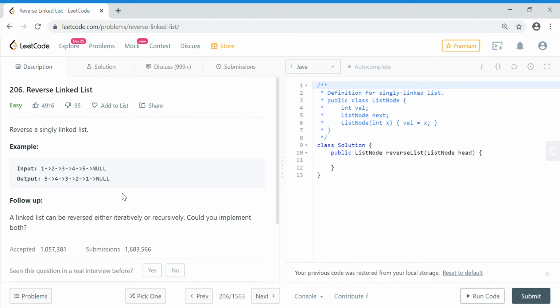Today we are going to solve the problem of reversing a linked list. This is also an easy problem, and it's a very common problem that is asked around linked lists. There can be several questions related to reversing a linked list. Like in this case, you have to reverse the complete linked list. If it becomes a little tough,